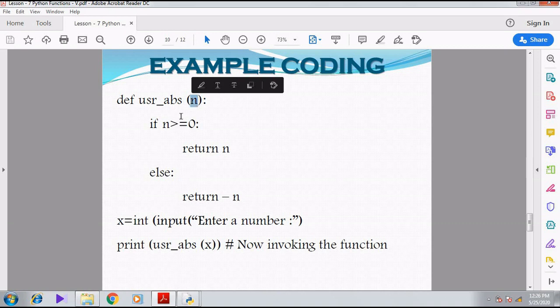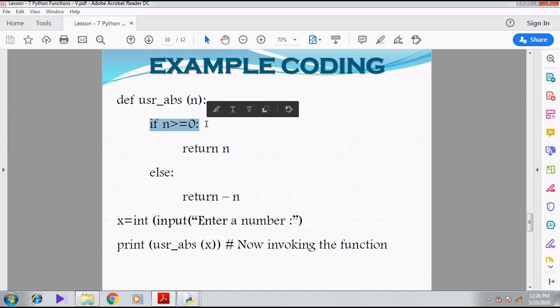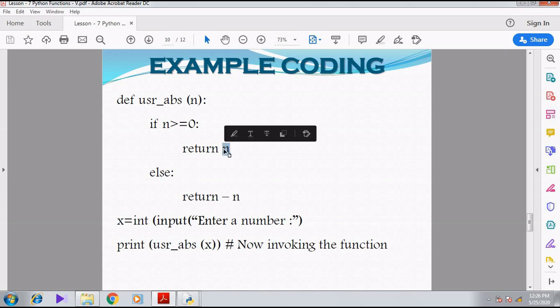Then if n is greater than or equal to 0, you want to return n. So I am returning only the value of n. But if n is less than 0, then else you should return minus n.